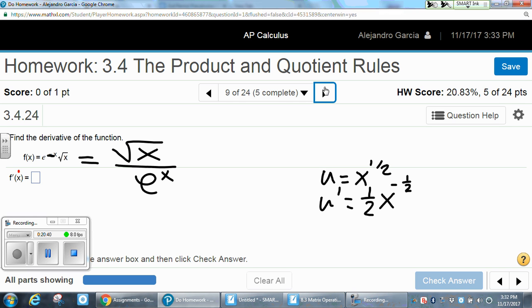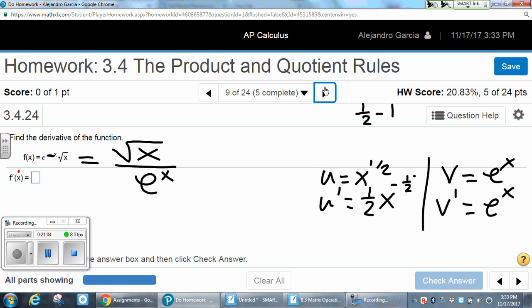Well, 1/2 positive, yes. Oh, that's what -1 will be. So 1/2 minus 1. Very good. So don't forget to do that, okay? When you're using the power rule, you have to subtract 1 from the exponent. That's a common mistake. Okay, and then our other function is going to be v is e to the x, and v prime is also e